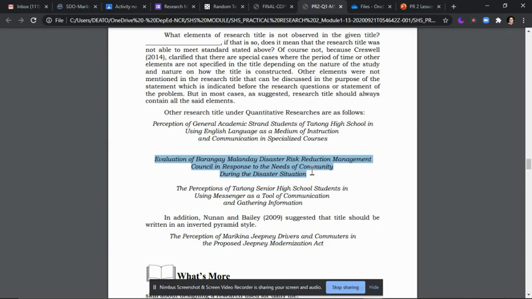So, which of these is the dependent and which is the independent? The independent here is the response of the respondents. Although the perception was not shown here, the respondents' response is the independent variable because they are the ones who affect the Barangay Malanday Disaster Risk Reduction Management Council.